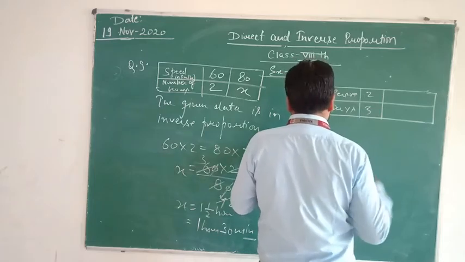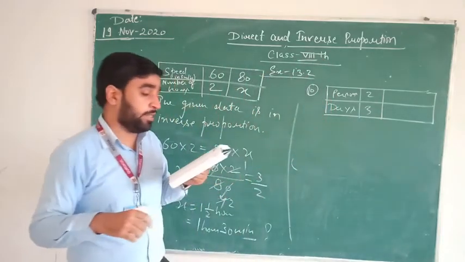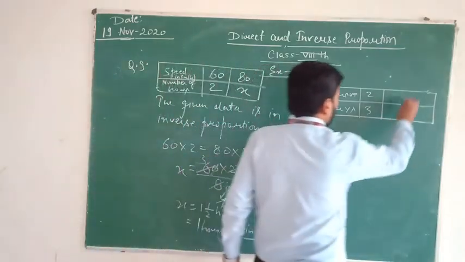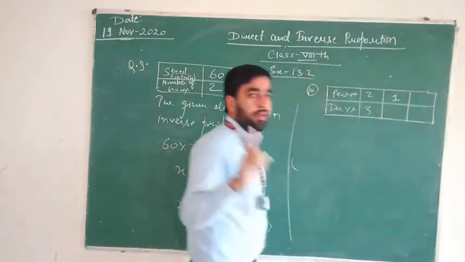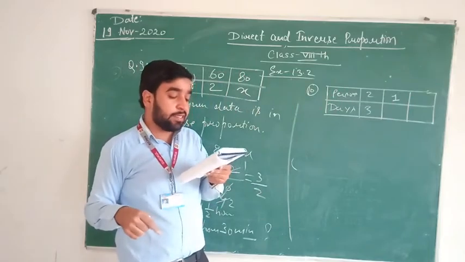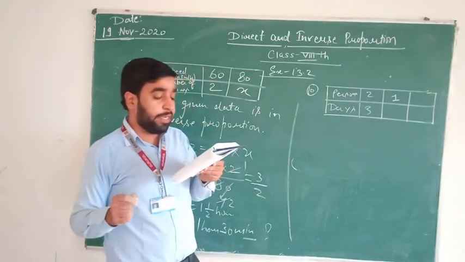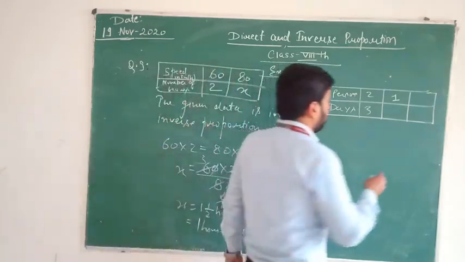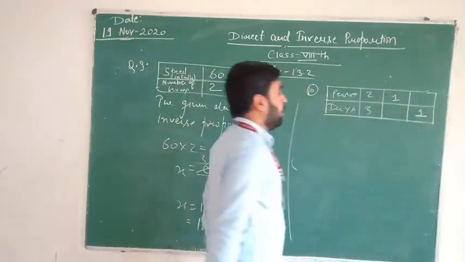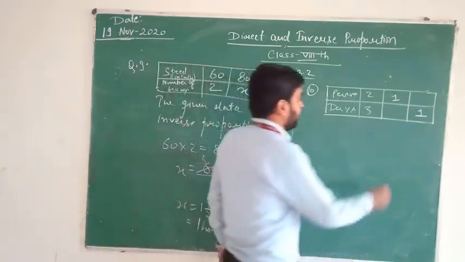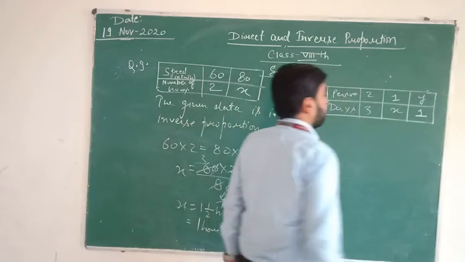One of the persons fell ill before the work started. How long would the job take now? One person got ill. Then how many are remaining? 1. How much time will be required? Second part is, how many persons would be needed to fit the windows in 1 day? If you want to do this in 1 day, how many persons are required? Now students, let us assume this as x, this as y.